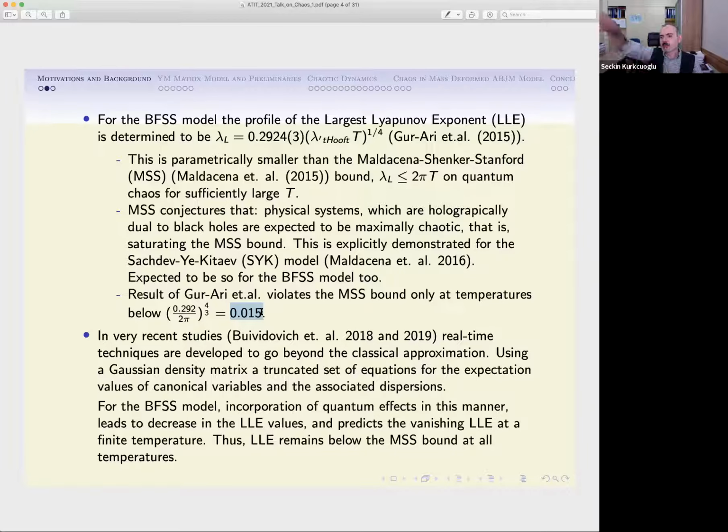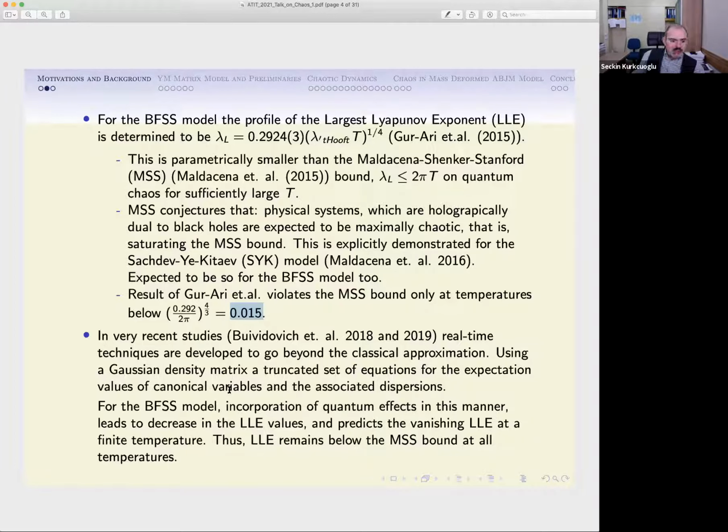T is a linear plot, so they intersect somewhere. So below the point they intersect, the classical analysis violates this bound, and above that it actually complies with it. So from here, one can say that the classical analysis is in agreement with the quantum result on the temperatures above this